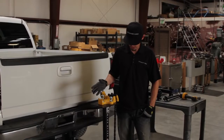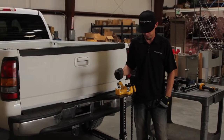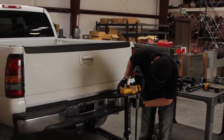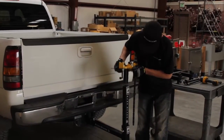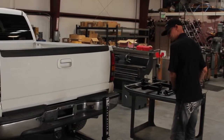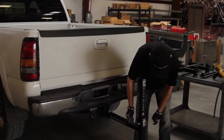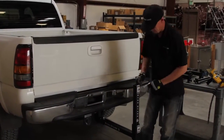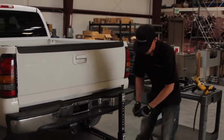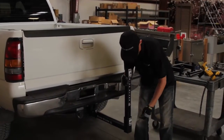So now once we have the Vise stand set up, I'm just going to show you how to break it back down really quick and then switch over to the wire caddy. So we're going to loosen the hex key bolts that we had tightened originally, stabilize the unit, pull the vise plate off, remove our hitch pin and the safety pin on the side of the unit, loosen this stabilizer post via the hex key as well,